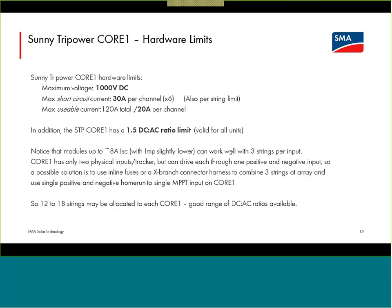I want to look a little bit at the physical wiring of the device, how you might be considering using this for a retrofit situation, and look at the electrical limits of the inverter. We mentioned the 1,000 volts DC, 30 amps short circuit, but again, remember the 20 amps is what the inverter will draw in operation from each of those tracking channels, and it can do that with both positives and negatives or a single positive and negative, so it can pull that full 20 amps using a single positive and negative